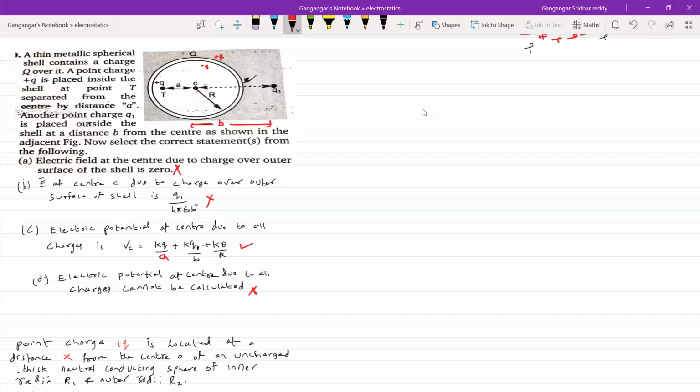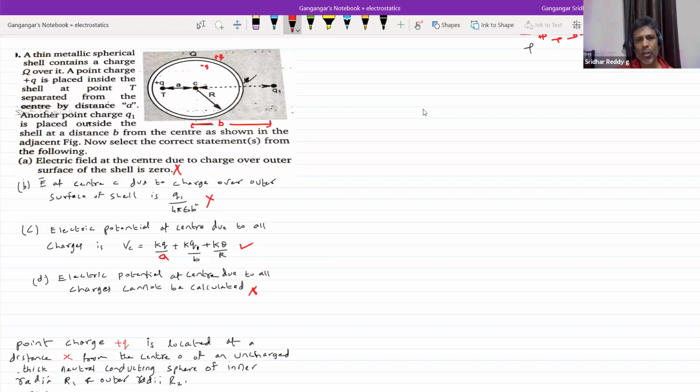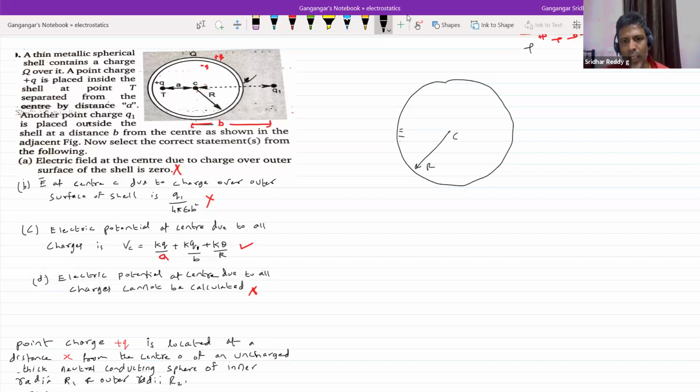At point C, so you do one thing. What about this charge distribution? It will be non-uniform. I think I'll draw the diagram rather than speaking loudly. What will this charge distribution be? More negative charge, minus Q, here. It'll be like this, no? And on our outer surface, again because of plus Q1, it will be a non-uniform distribution. Roughly, to show non-uniform, I'm putting charges like this.